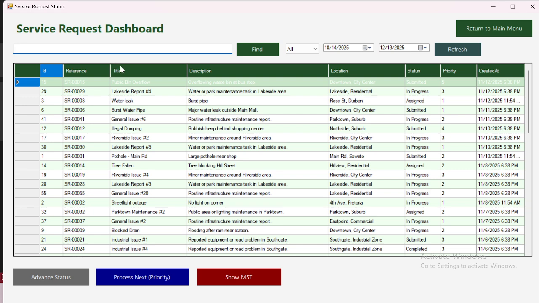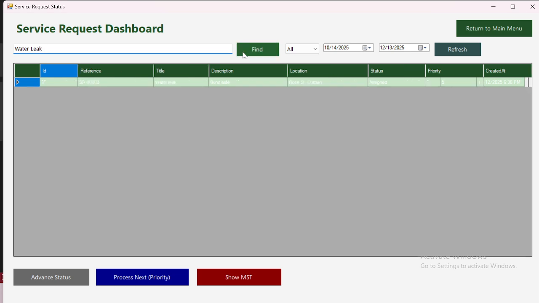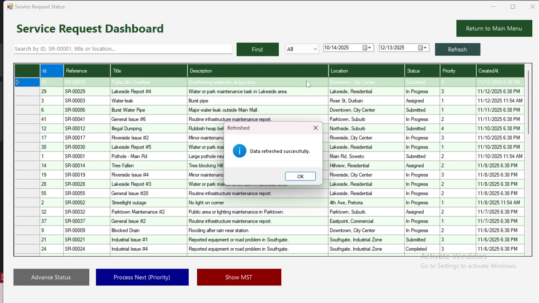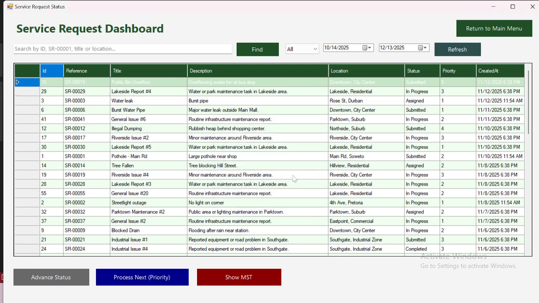Now, what this particular form allows you to do is search for services either by reference, which is this reference number right here, or by title, or by location. So let's search for water leak. And then it displays water leak. But anyway, the main functionality of this page is to